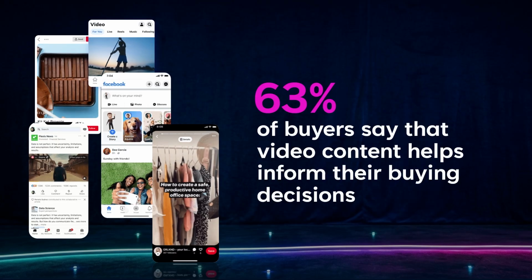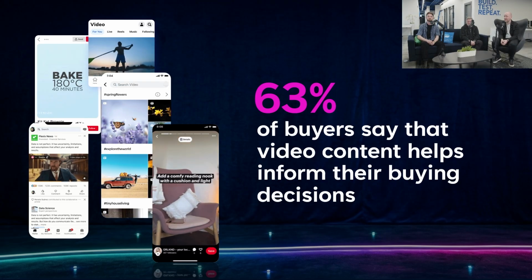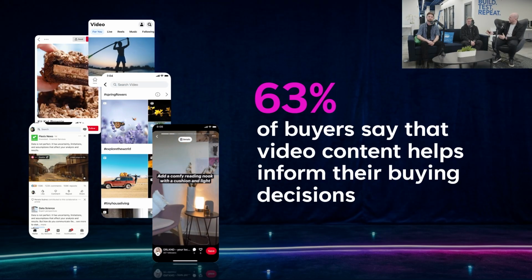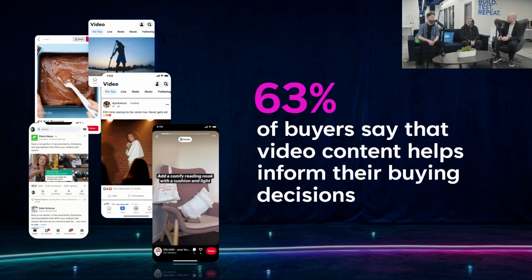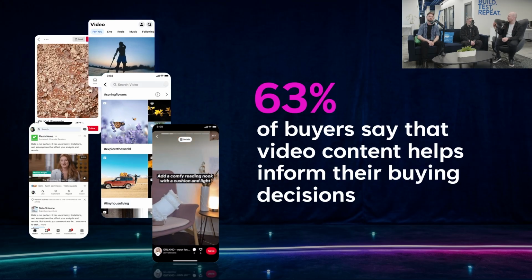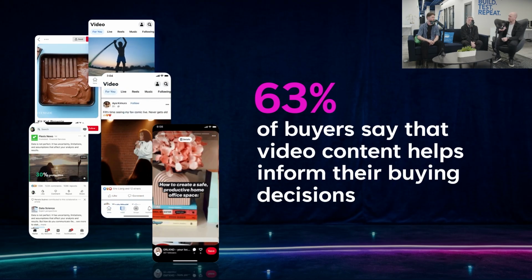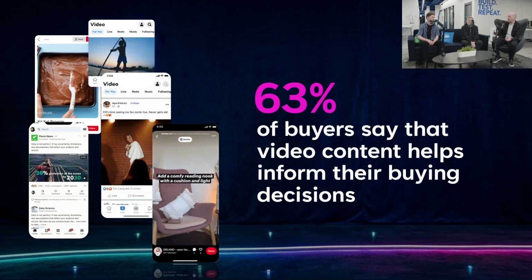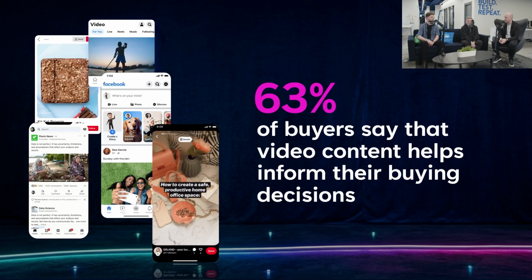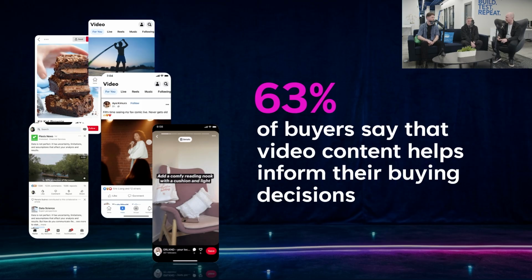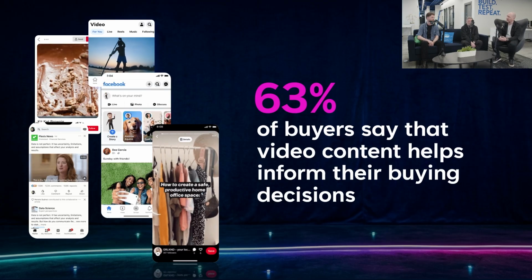Definitely. And look, 63% of buyers say that video content helps inform their buying decisions. I think we saw that. We were surprised, at the beginning when the survey was taking place, at how many people said they were using AI for video. But for me, we saw that obviously start to shoot up towards the end. And we know that the platforms have been pushing heavily on the use and impact of video. Any of the platforms that we have a conversation with, whether it be Google or YouTube, or Meta, Instagram, Facebook, etc., they're all talking about the power of video.